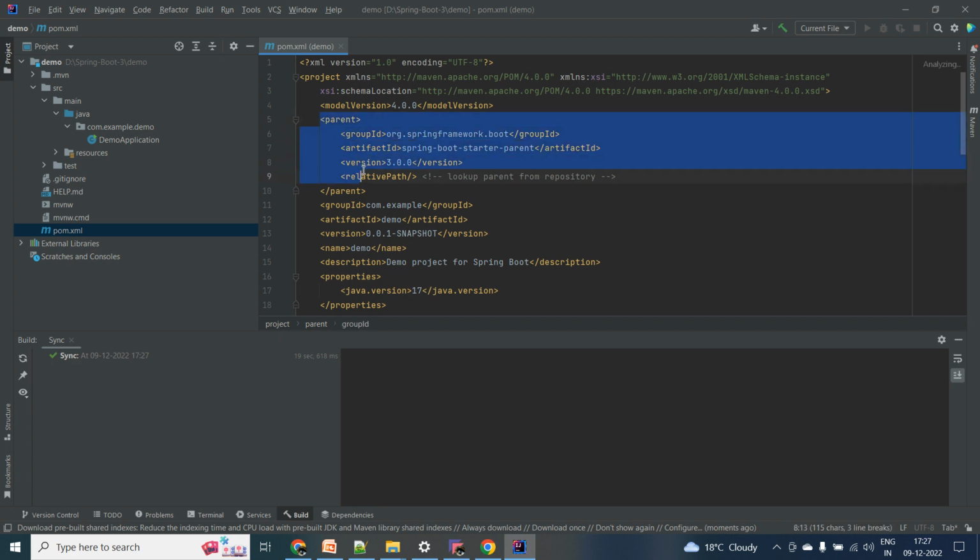So this is the parent dependency, like I already told in the initial session itself, the dependency management, automatic dependency management provided by Spring Boot. So we can provide one basic parent, Spring Boot starter parent. Whatever starts with Spring Boot starter, we don't need to provide those dependencies' versions. Here we have provided version 3.0.0. You go down,